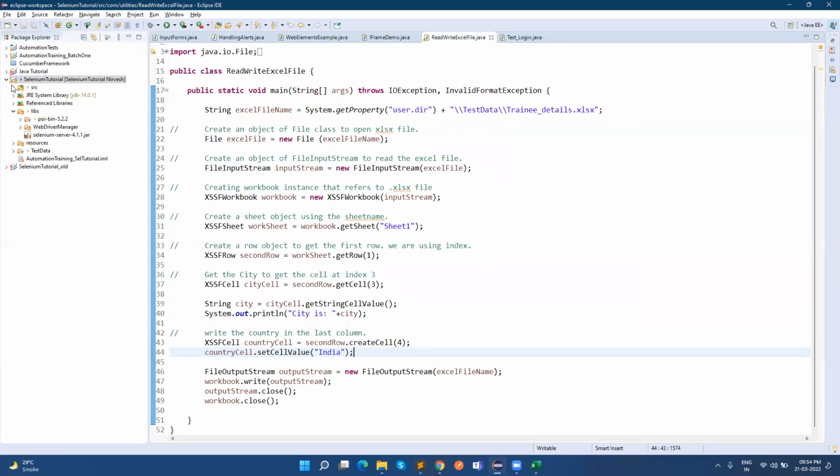In one of your packages, I have already created ReadWriteExcelFile.java. I'll be explaining this code only, but we will create one more script in which we will read the whole Excel file. This is just for reading the data from one single cell. Okay. So line by line,